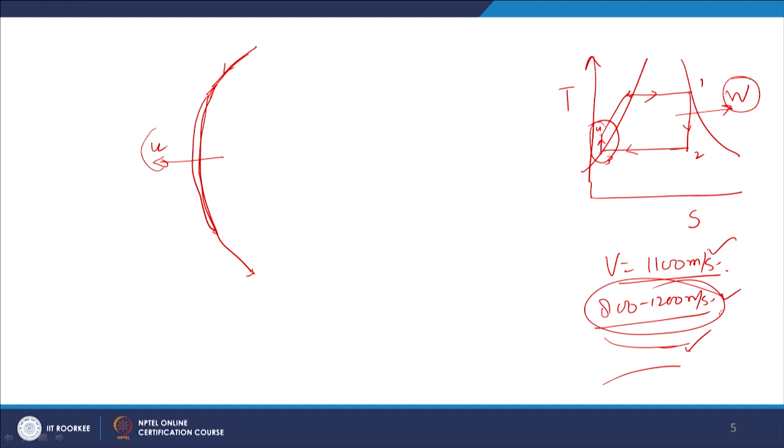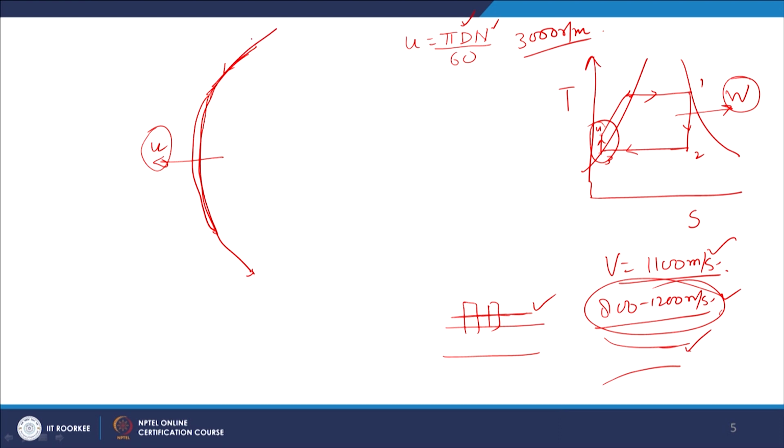Now, regarding u, the peripheral velocity, u is calculated by pi D N by 60. D is the diameter of the drum, because all the blades in a turbine are mounted over a shaft. So, we take the mean diameter, and this diameter is used here for finding the peripheral velocity. N is the RPM. Normally in a single stage turbine RPM is quite high, but in a multi stage turbine, RPM is approximately 3000. So, we can easily get the value of u.